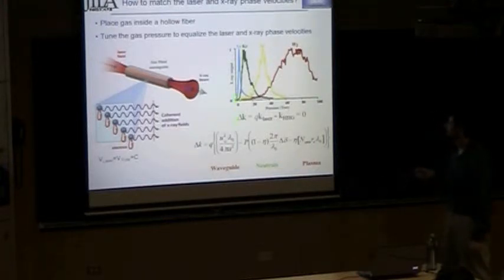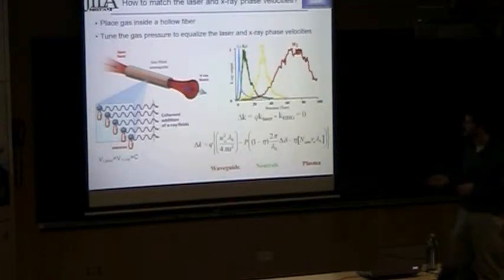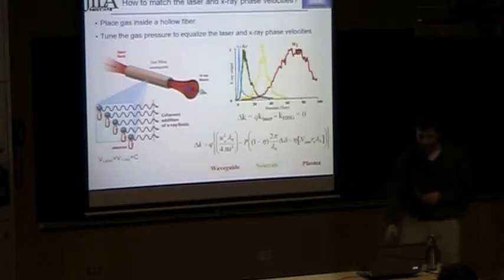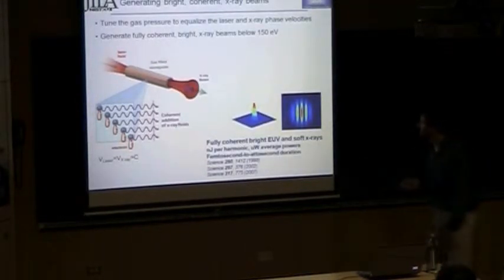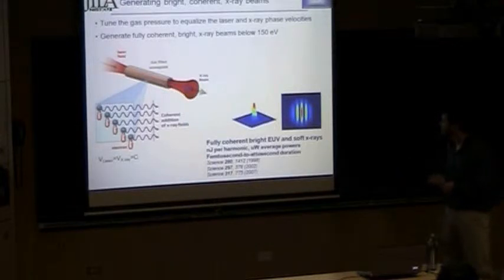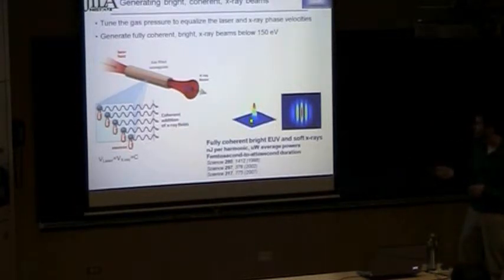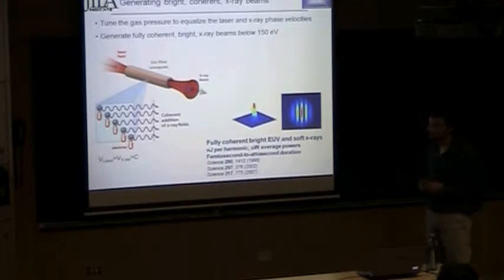And so when we look at the X-ray output as a function of pressure, it's strongly peaked, which corresponds to phase matching and efficiently generating harmonics. And so when we do this right, we get out fully spatially coherent beams. This is a Young's double slit of our 30 nanometer source with excellent spatial profiles. This is an image of the spatial profile of the beam. This is because the nice properties of your laser get mapped into your harmonic beam.